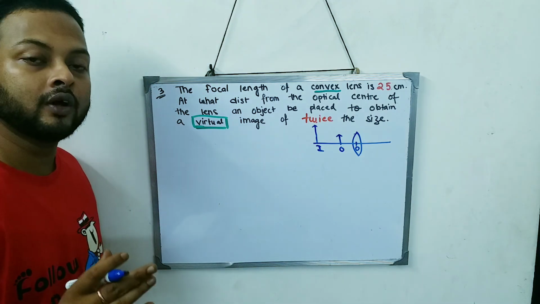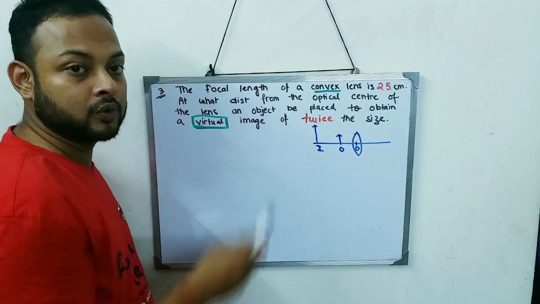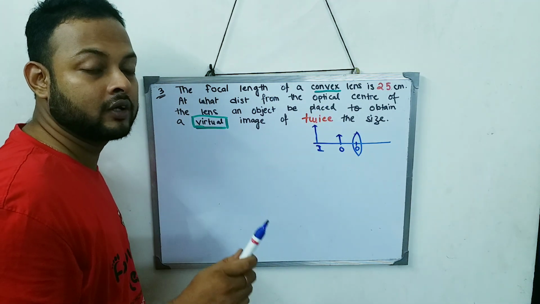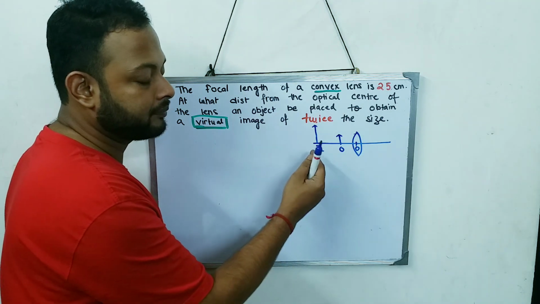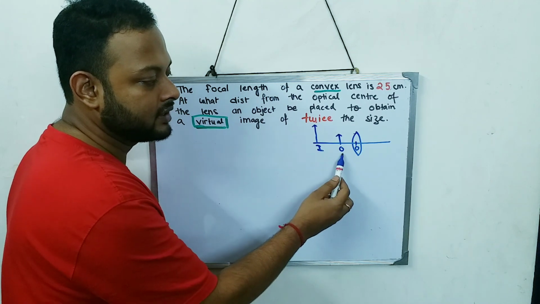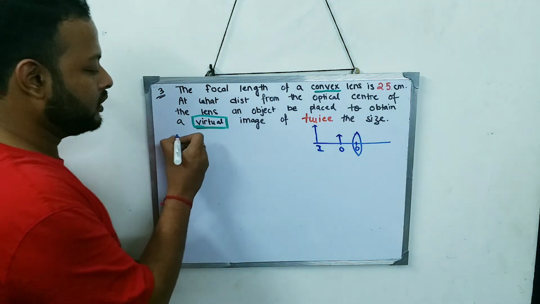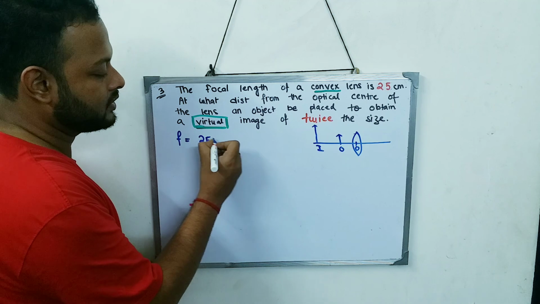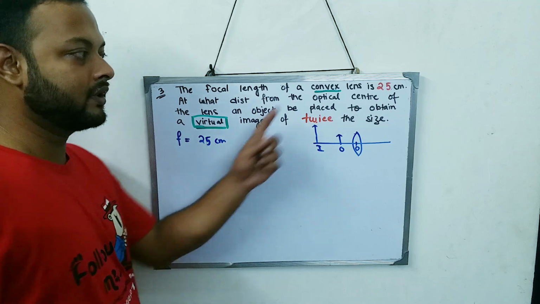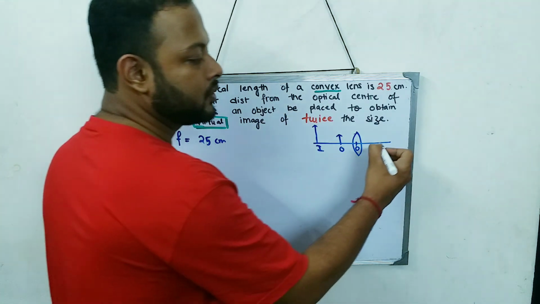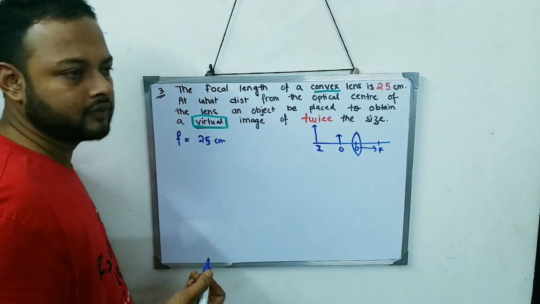So from there you will get the idea that in a convex lens I am getting a virtual image, and that is only possible in the last scenario, that is case number 7, where the object is placed between the optical center and the f1. This O is optical center and this O stands for object. Don't get confused. So over here what I know is that the focal length is 25 centimeter. Now since it is a convex lens, I know my focal length will be positive because f is over here and this distance is taken as positive. So focal length is plus 25.